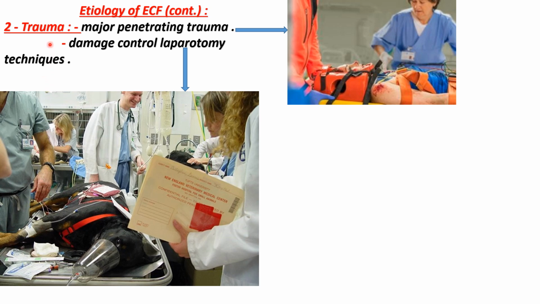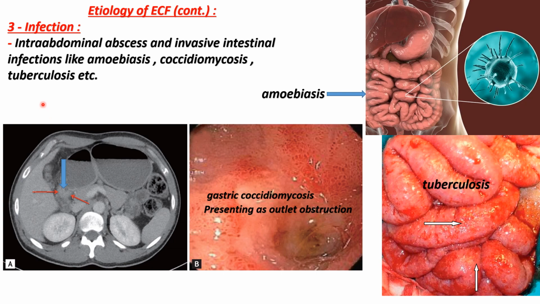The second mechanism of fistula formation is trauma, major penetrating trauma. Damage control laparotomy techniques. The third mechanism of fistula formation is infection. Intra-abdominal abscess and invasive intestinal infections like histoplasmosis, coccidioidomycosis,